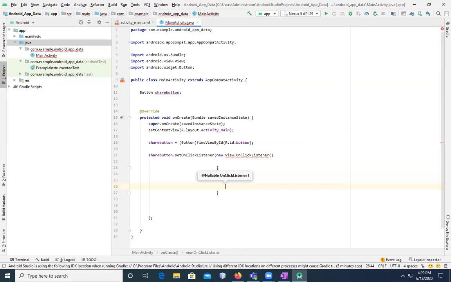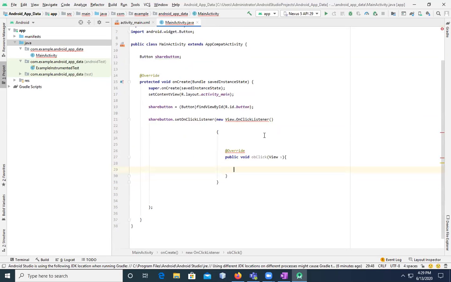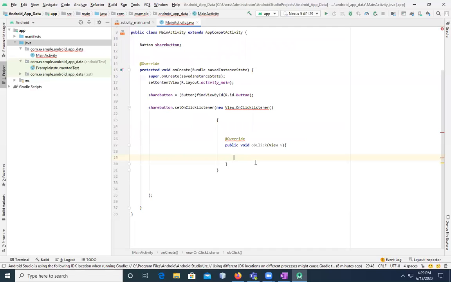Here now, I will say override, and then I will click the method, public void onClick is the method that we use, and it's View v. Then again View.OnClickListener, then Intent, which should automatically give shareIntent equals to